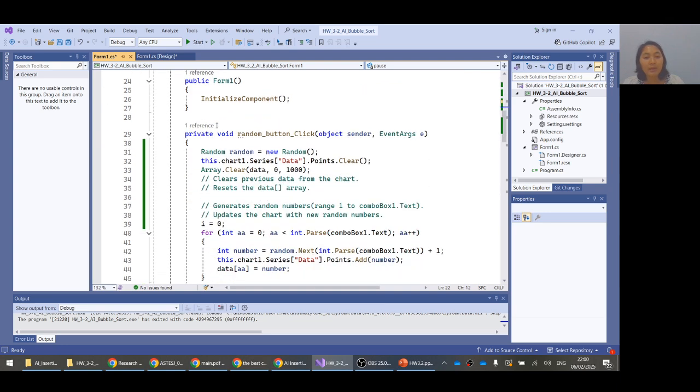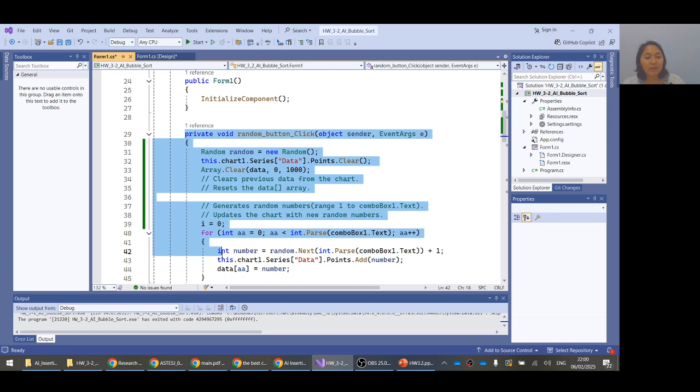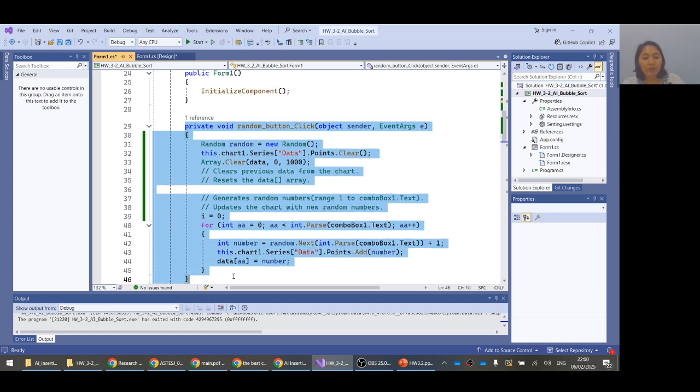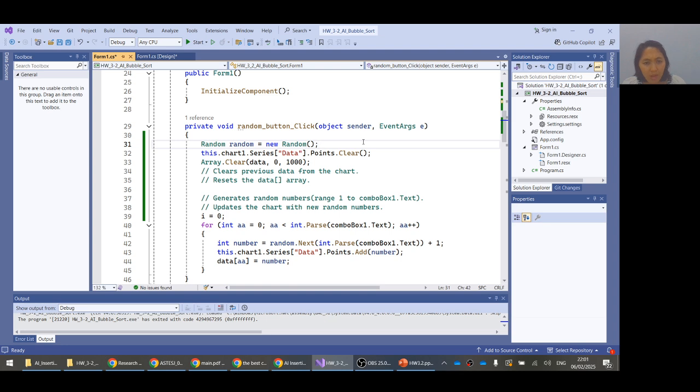And then in this part, this is the random button function. This is to show the random data. It clears previous data from the chart, and then resets the data array in the first step, and after that generates random numbers and updates the chart with the new random numbers.